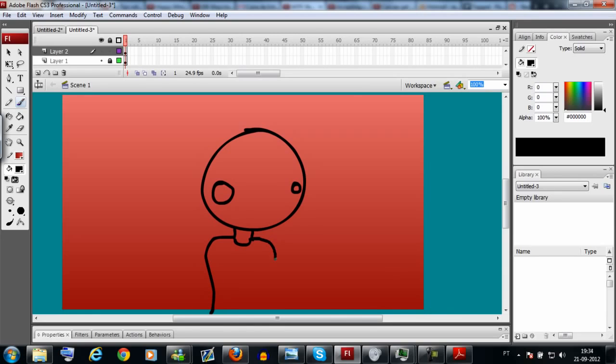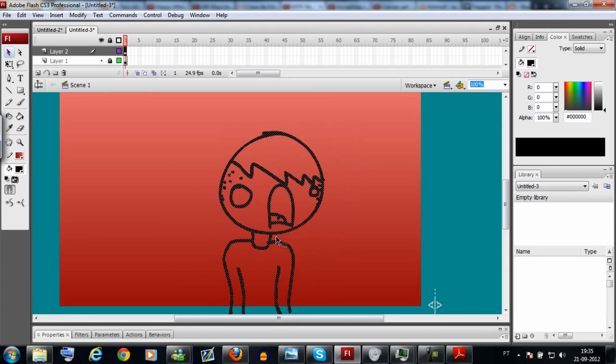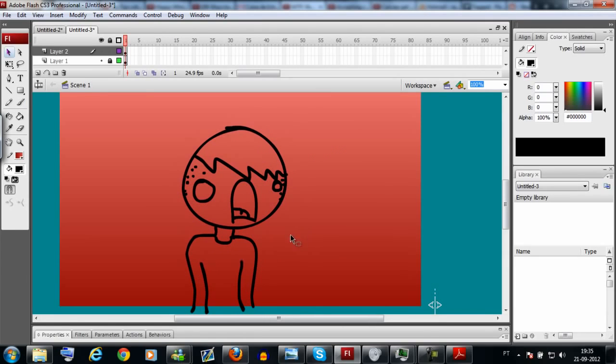So you made your character, I'm just making it really rough. He's gonna be sad, because he has this haircut. He's sad because he has this haircut. Okay, now if you notice when I try to drag this, it works perfectly because it's in a different layer,